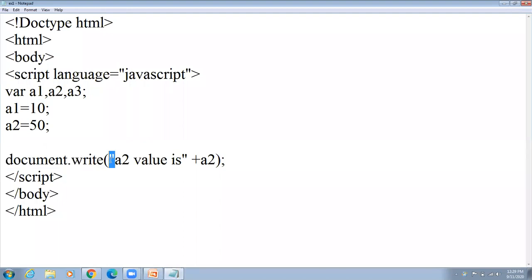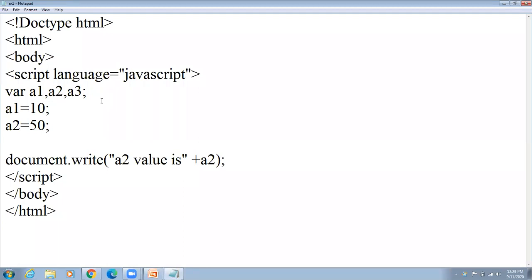Whatever sentence you want, write it in double quotes, and to join strings use plus like this. After the end of your statement put the semicolon. If you miss the semicolon, an error will occur. To avoid that error, check your statements and put a semicolon after each one. There are some exceptions where we don't have to use the semicolon; we will see them in the next lectures.